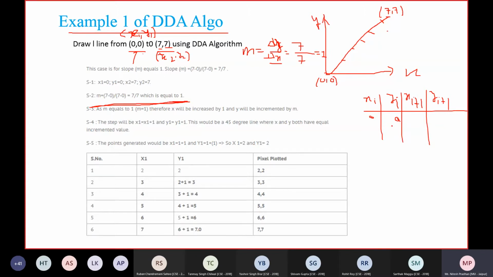Yes guys. So what is the meaning of it? Initially 0, 0, slope is equal to 1, so we'll increase xi plus 1 by 1 as well as the next y point by 1. So the next point is 1, 1. Now your current point is 1, 1. It means currently you are at this point. Now we have to increase by plus 1 again, so it becomes 2 and 2. Now you match this thing with here. Okay, 2 and 2 has come. Here initially 2 lines were missing, which I have added here. Okay. So after 2 and 2, again you have to find the next point by increasing plus 1. So next is 3, 3, then 4, 4, then 5, 5, then 6, 6, and then 7, 7. And you have to stop because you reached the point x2, y2.